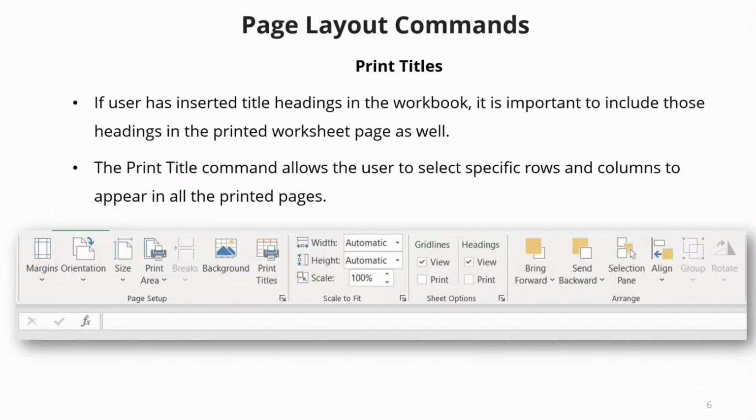Next, we have the print titles. If the user has inserted title headings in the workbook, it is important to include those headings in the printed worksheet page. The print title command allows the user to select specific rows and columns to appear in all the print pages. Now, very simply understand that when you are creating a spreadsheet and printing that out,